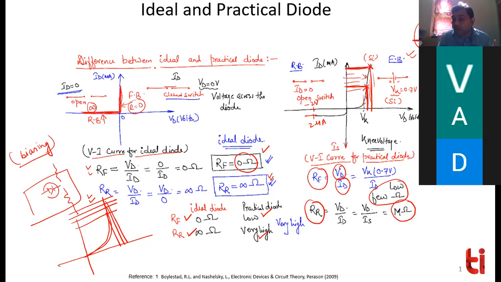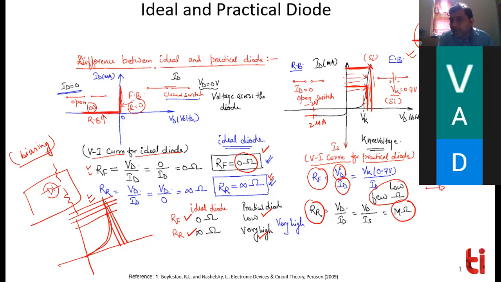Now you have to find out the resistance. If you bias the diode according to DC, let's say the voltage is fixed and the current is fixed, you call it the DC resistance. You can find out the DC resistance of the diode. You just need to find the biasing point, meaning at which point the diode is working. Let's see an example.